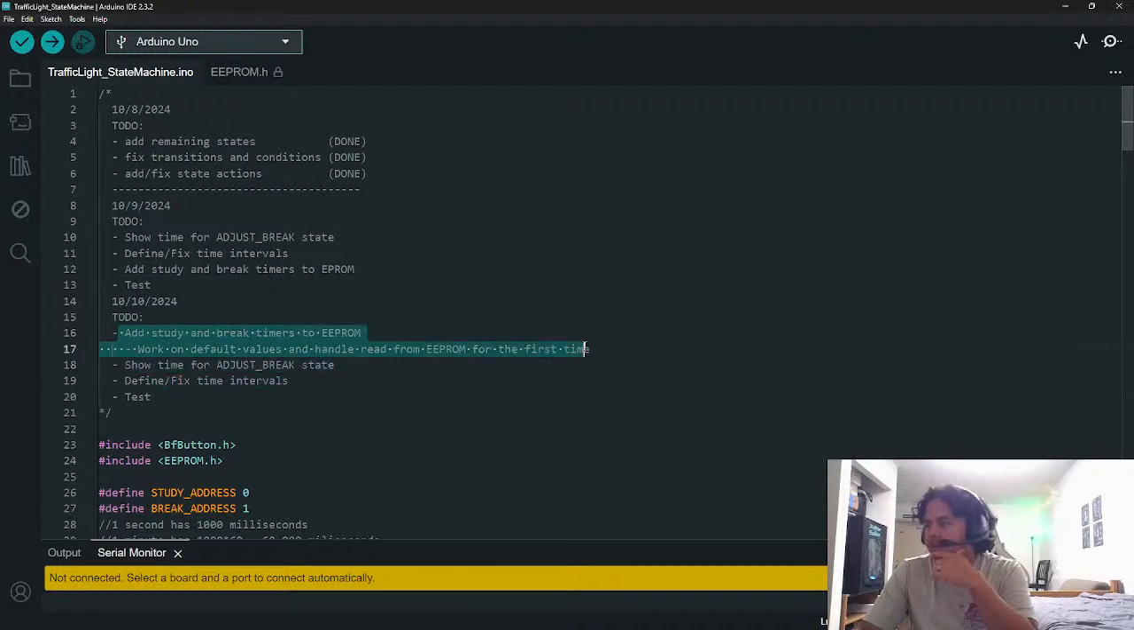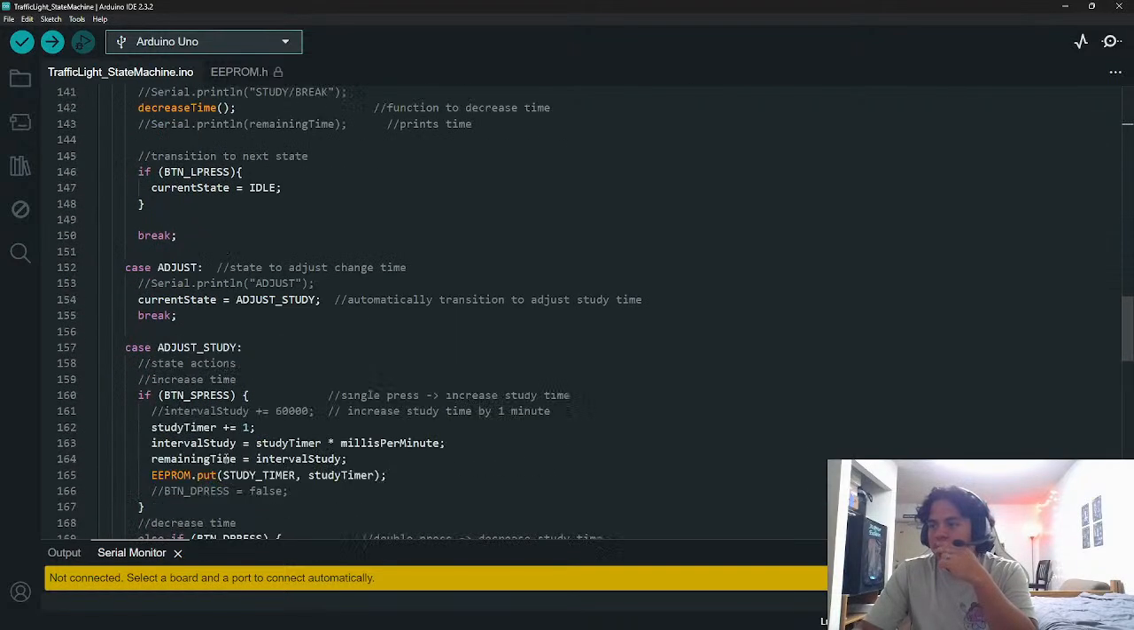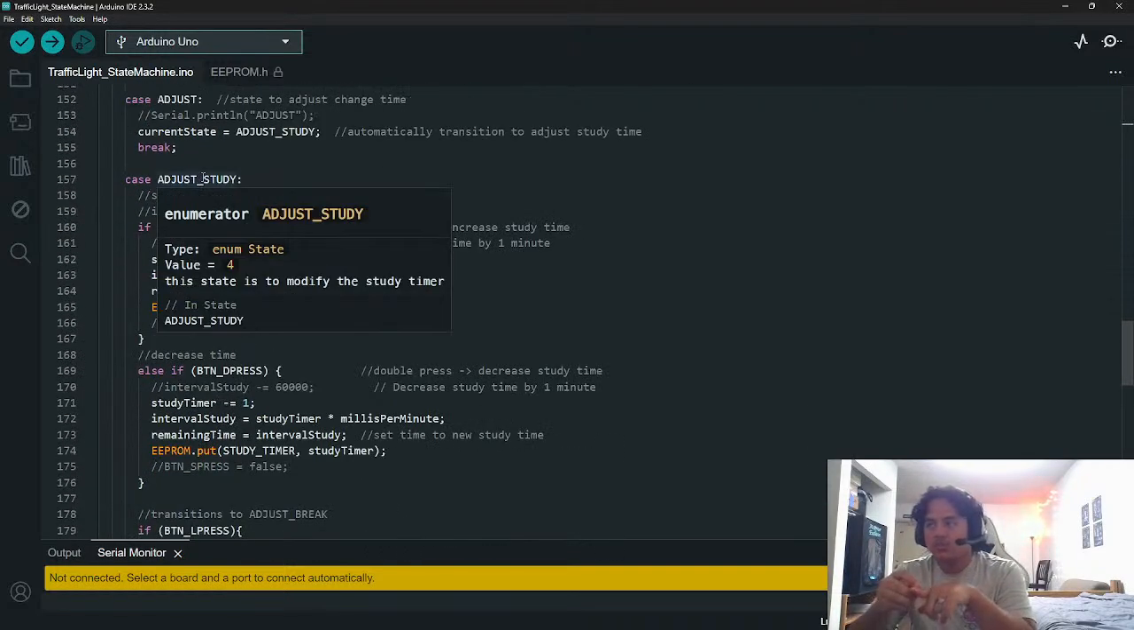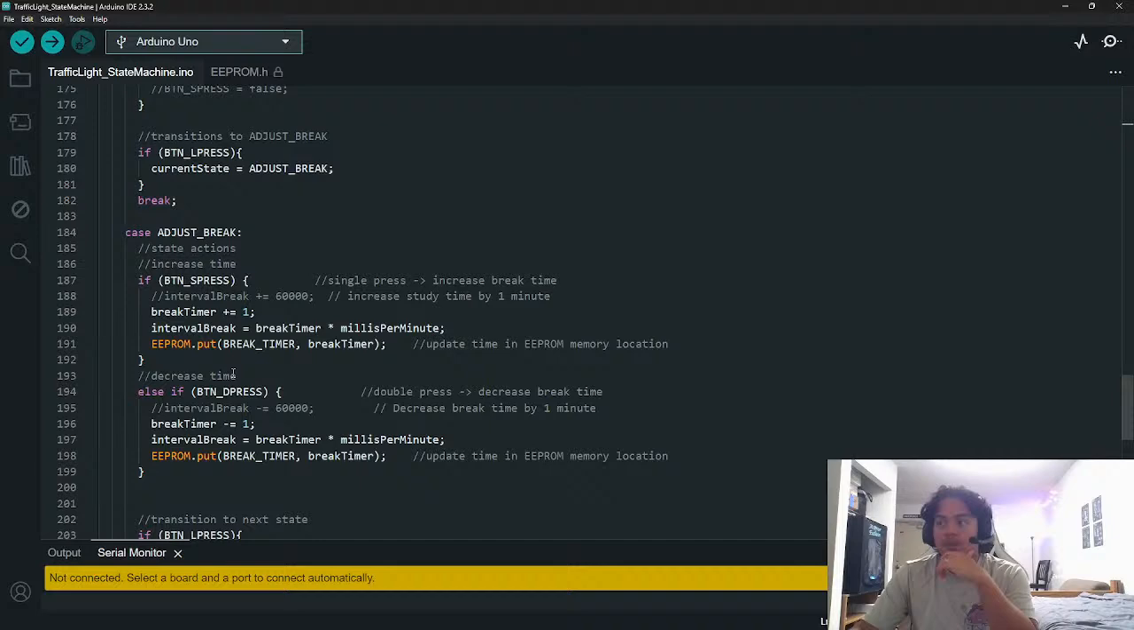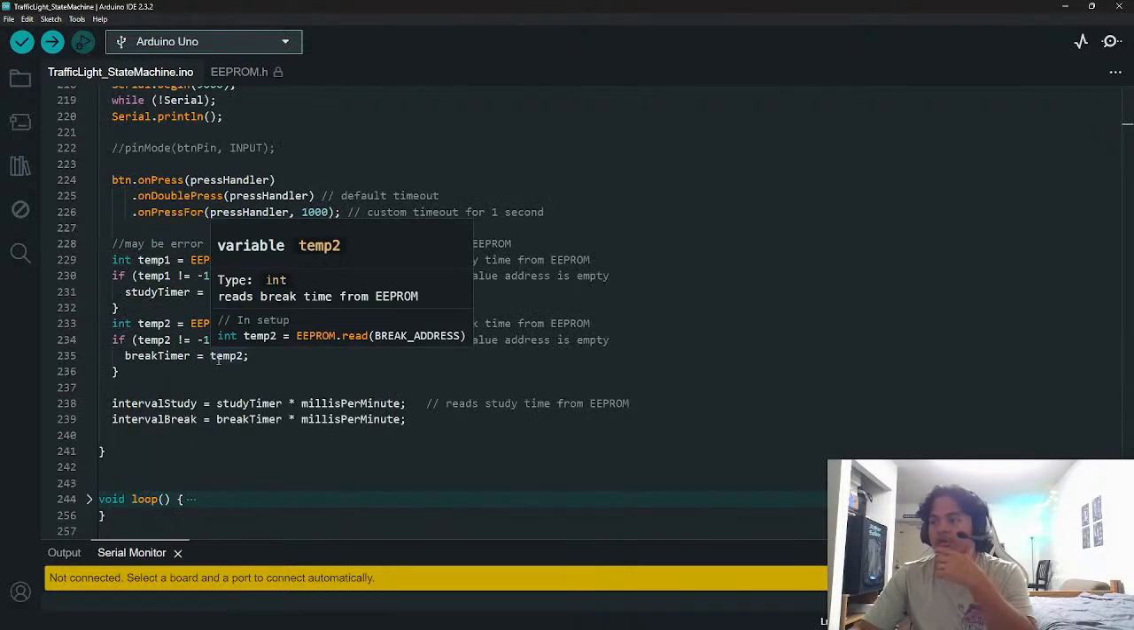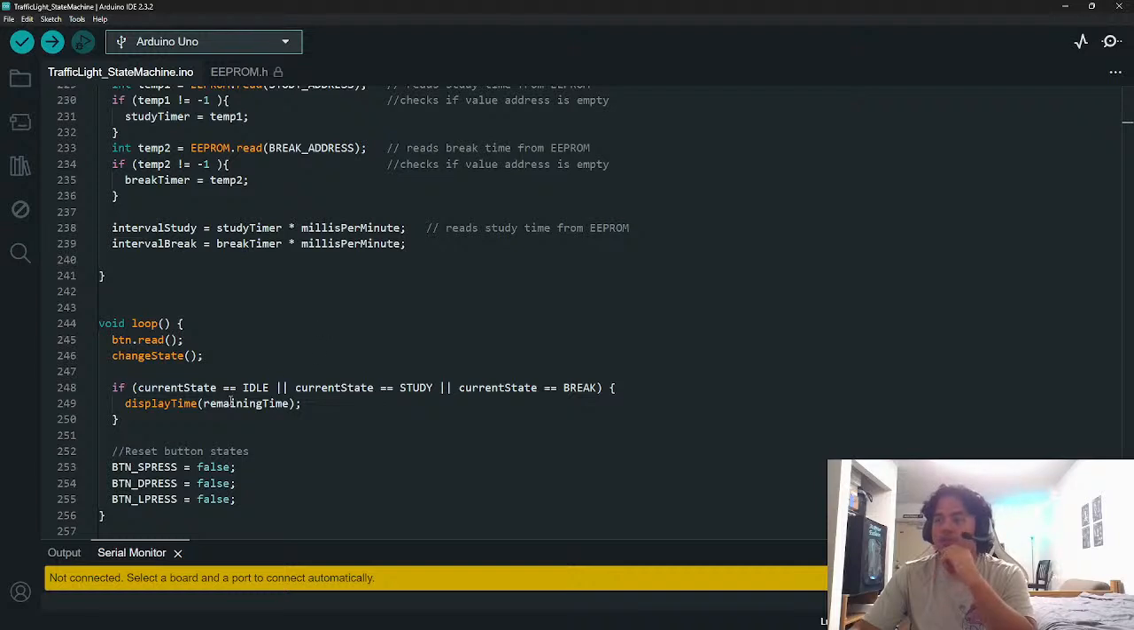Let's say I did this, right? And then show time for just break state. Okay. So the issue is that when we're adjusting the time for either the study or break, we are not displaying the time. The time is displayed by this function here in the loop, which says if the state is idle, study, or break, we're gonna display the time. So we can just say here,